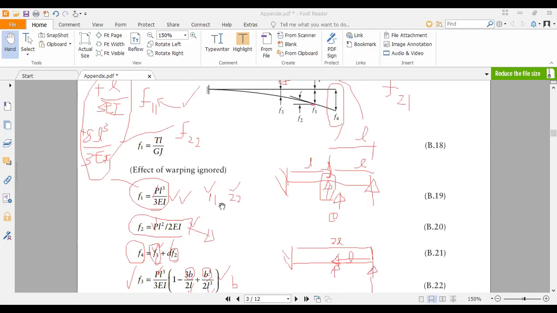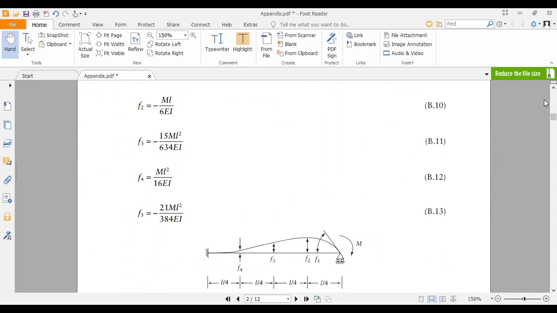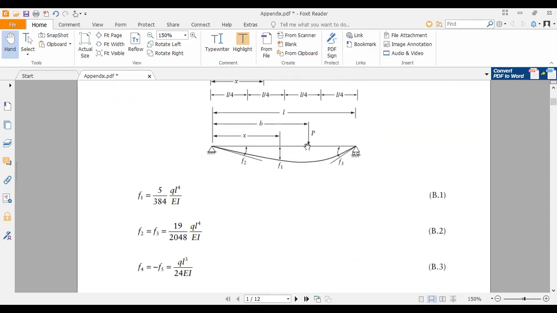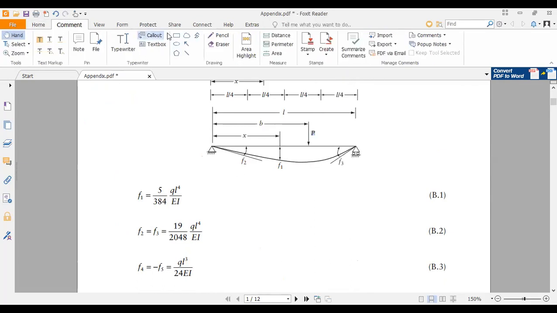So that's the key. Here you apply a load and underneath that, just take the mirror image, okay? Just think about the mirror image. So the appendix has a downward force, we are giving an upward force, but it is a unit force, right? So our P is 1, right? P is 1,